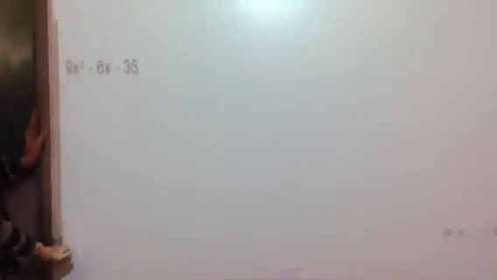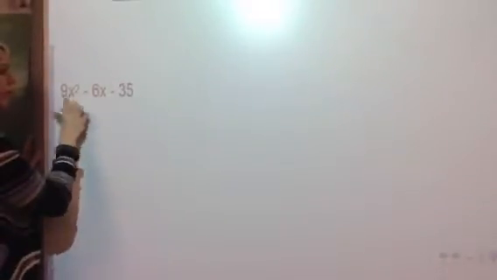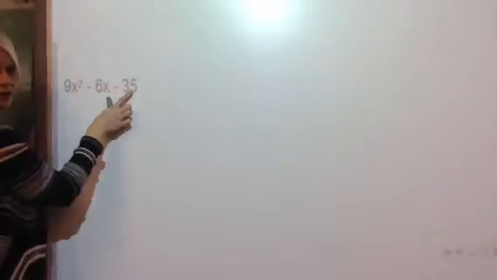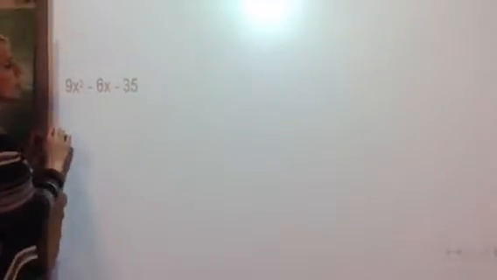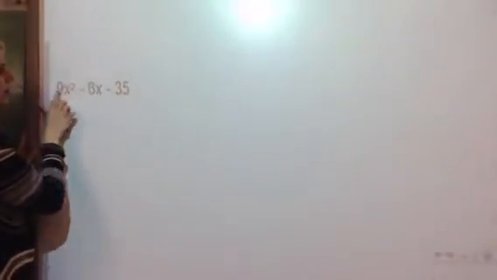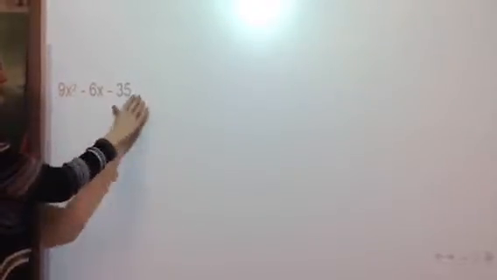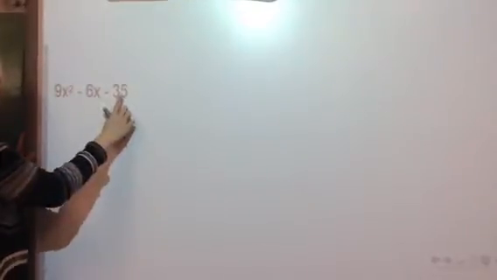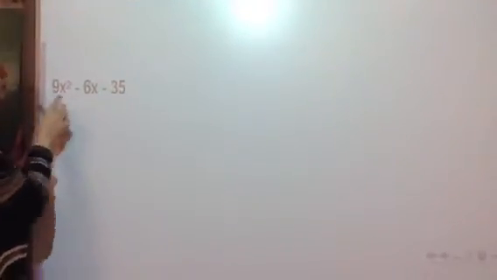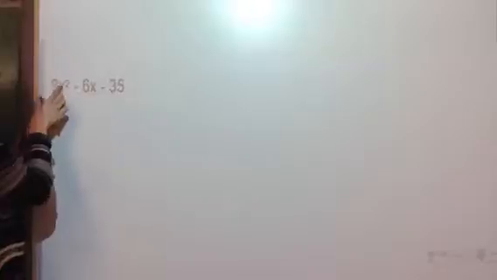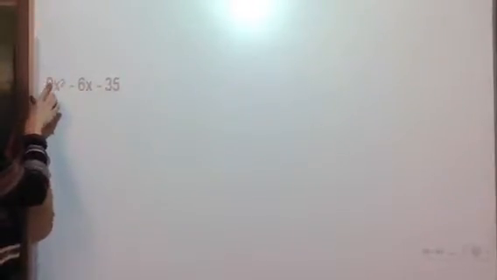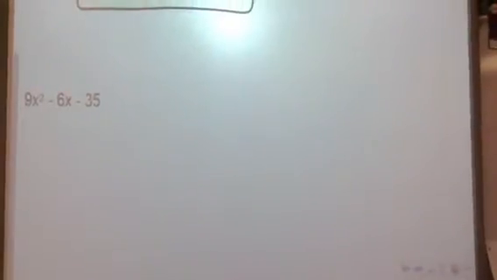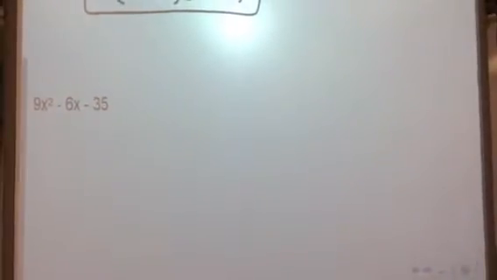How about this trinomial? We first look for a greatest common factor. You would think maybe 3, but you can't take 35 divided by 3. So you think about all the different things that you could factor here, and there is no GCF, so then you look for a perfect square. This is a perfect square, but this one is not. So what we'll do then is the AC method, where I'm going to use this value in front of the A. So 35 times 9, let me use my calculator here, is